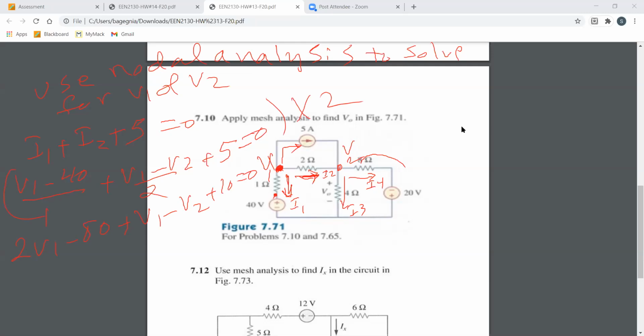So I2 is coming in, 5 is coming in, I3 is leaving, so equal. I4 leaving the node. Now apply Ohm's law. So I2 goes from V1 to V2 over 2, plus 5. And then I3 goes from V2 to 0, so V2 minus 0 over 4, and V2